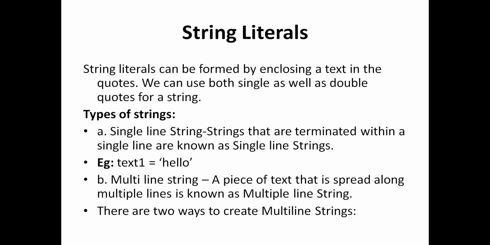String literals can be formed by enclosing a text in quotes. We can use both single as well as double quotes for a string. Types of string: there are two types of strings supported in Python, a single-line string and a multi-line string. A piece of text that is spread along multiple lines is known as a multi-line string. There are two ways to create a multi-line string: adding a backslash at the end of each line, or using